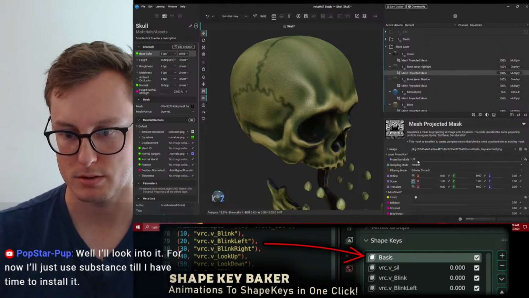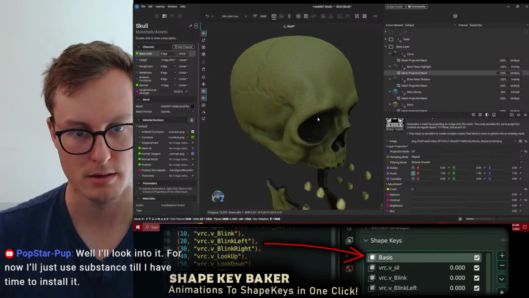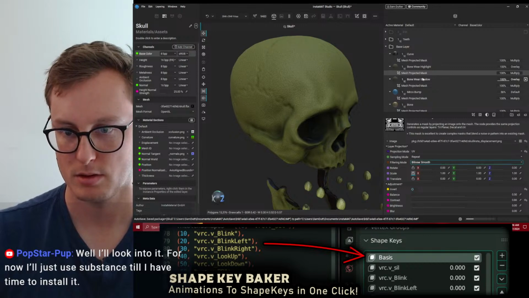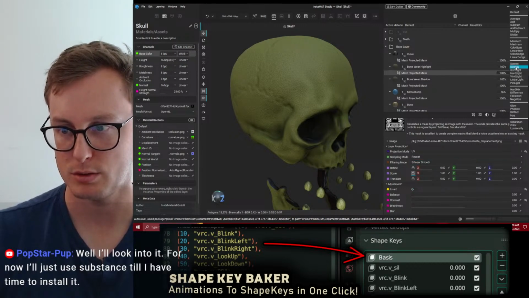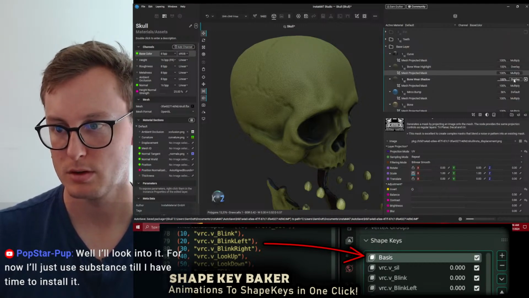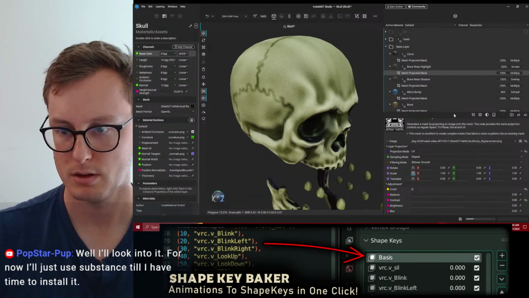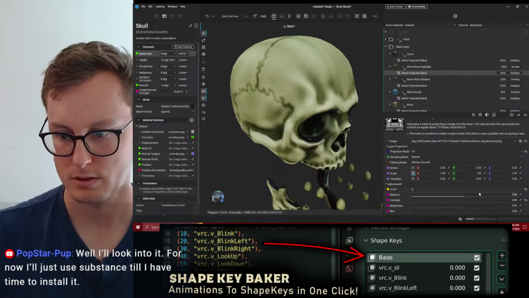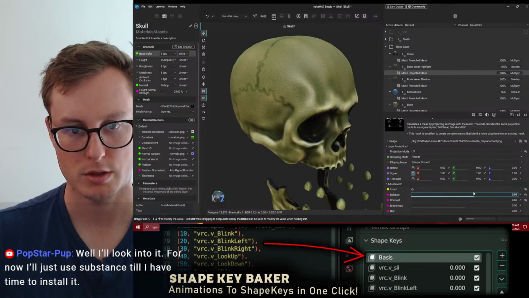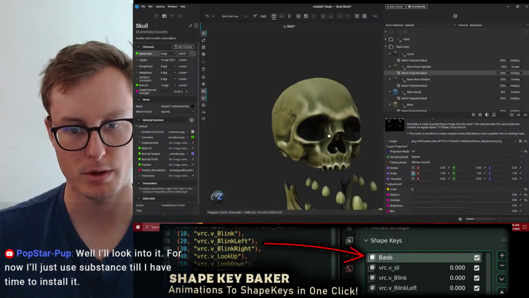And on this one, we will invert the mask again and switch this to screen. And then adjust our image here until we're just getting the highlights of the bones.